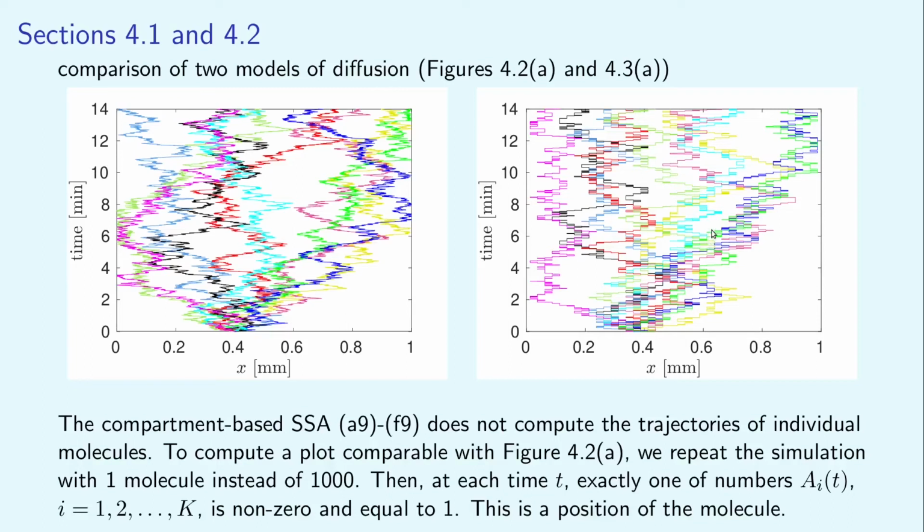In this case, you can see an obvious difference in the details of the trajectories on the left and right figure, because the positions in the compartment-based model are only known with the compartment size resolution. Since I'm using the centers of compartments in my visualization of each trajectory, these trajectories jump between 40 different values. Other than that, there is not much visible difference between the models of diffusion presented in sections 4.1 and 4.2. And we can prove that.